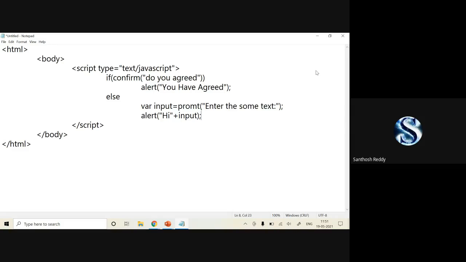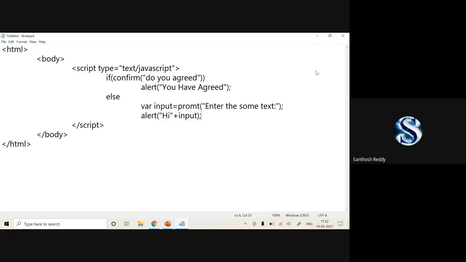If you click on OK, it will move to your if statement. If you click on Cancel, it will move to your else part, where it displays your prompt method and asks for an input. Once you give an input and click OK, it will be displayed in alert format.